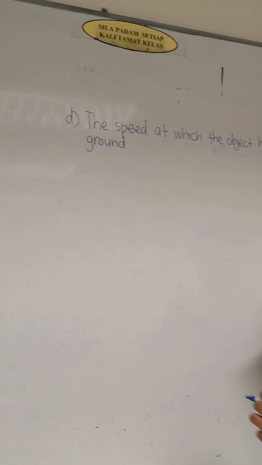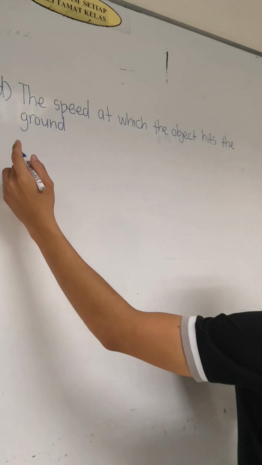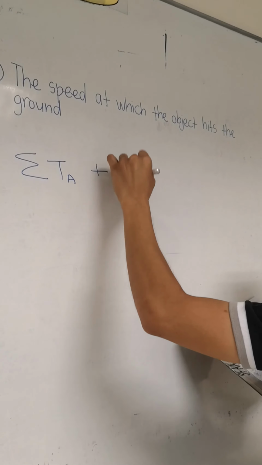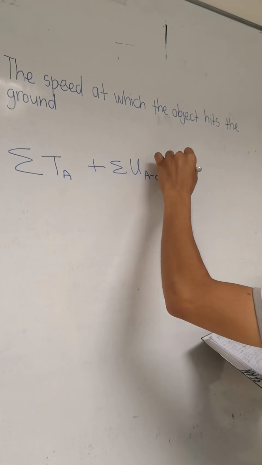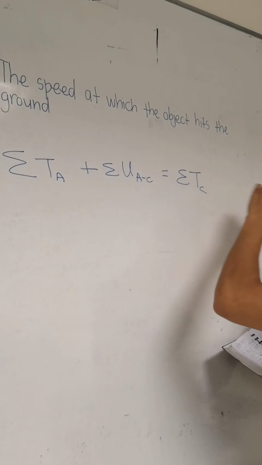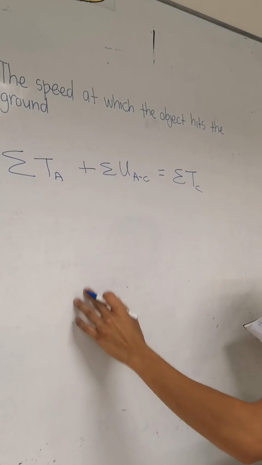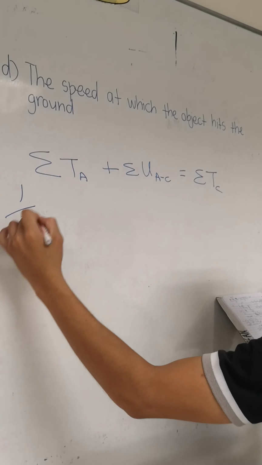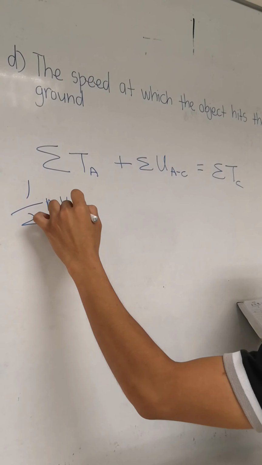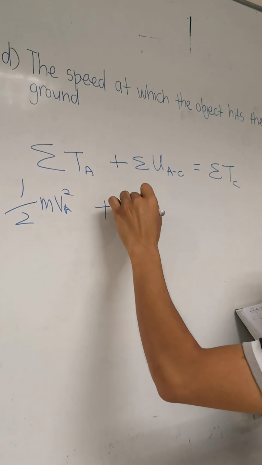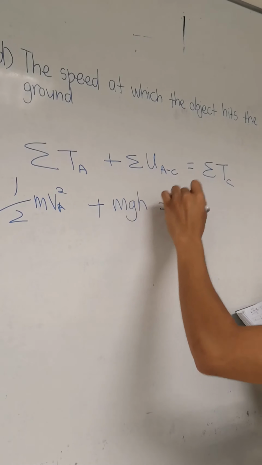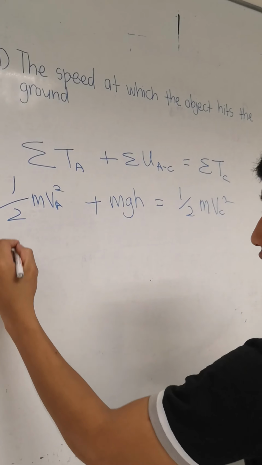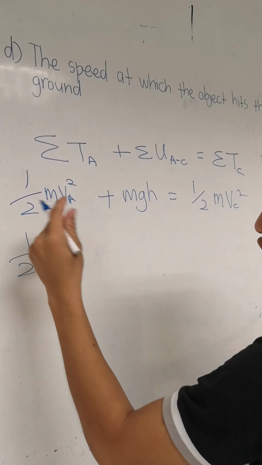So we take back the equation from the previous questions, which is sum of TA plus sum of UAC equal to sum of TC. This equation is familiar, right? Because we used it in previous questions. So we substitute in 1/2 mVA square plus mgh equal to 1/2 mVC square. And next we substitute the value 1/2 m. VA is 0